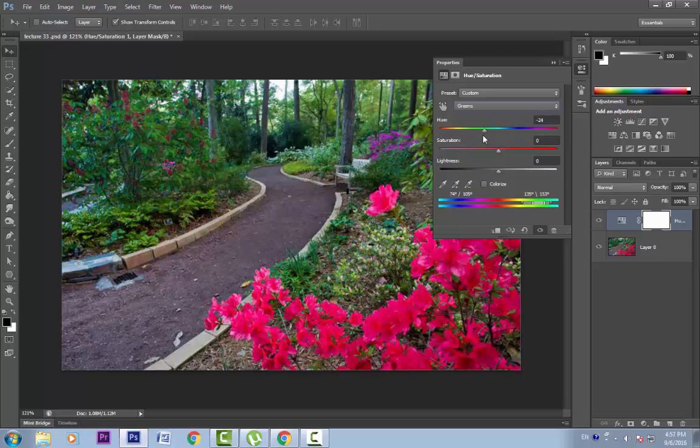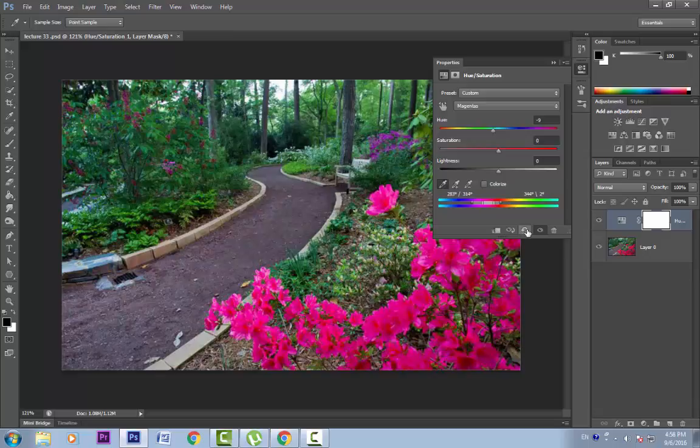Cool. But in some cases it might be difficult for us to determine which channels to use or which channels to remap. With these eyedropper tools, we can sample the color from the canvas. Just click on any color. As soon as I click here, you can see that Photoshop has created that range here, and now if I remap, it will change the colors of those channels only.